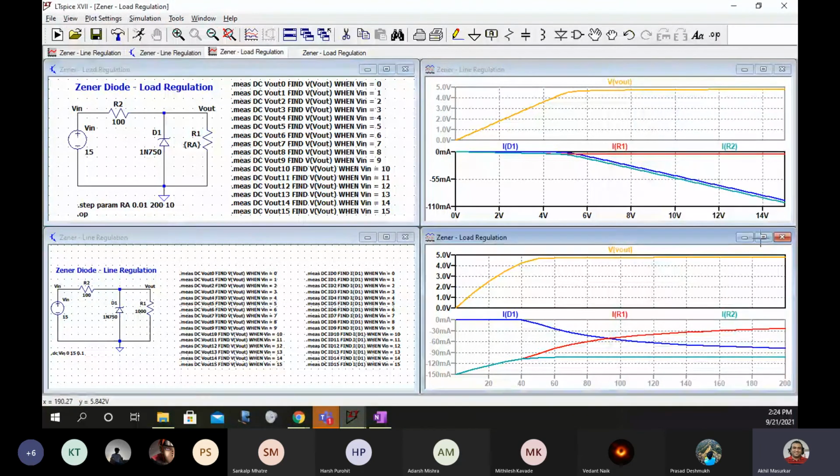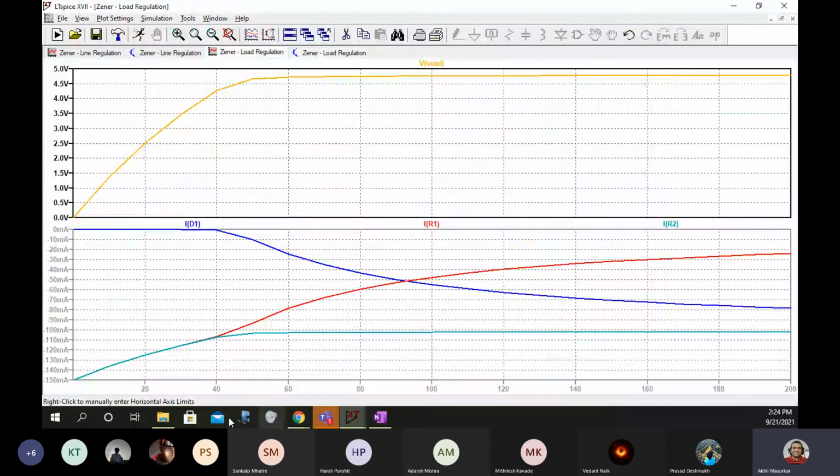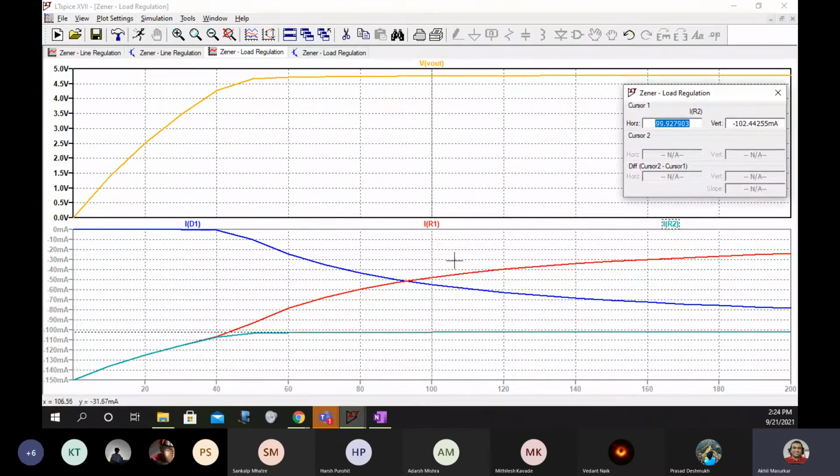So you can go to the graph. Let us say that you want to measure the current at 80 ohms. You can click on any one of these, let's say IR2. You'll get a screen like this, and once you go on this, you can go to 80 ohms and see vertically at 80 ohms. So what is the value? 102. Now if you just move across, can you see it is close to 103? Our value is 103, na? Yes, sir. 103 milliamps.